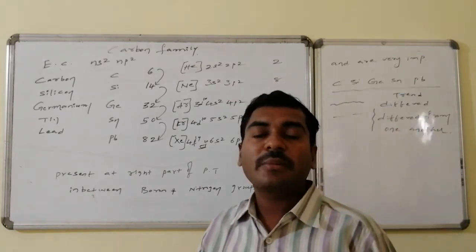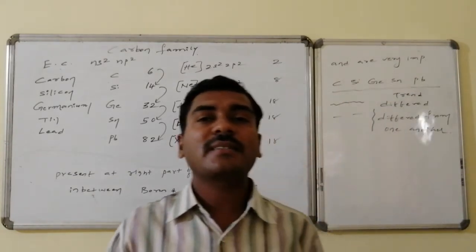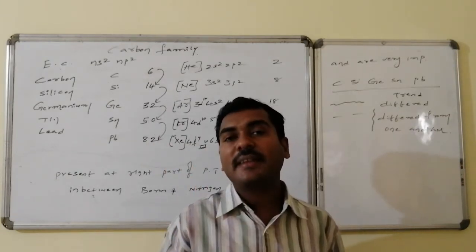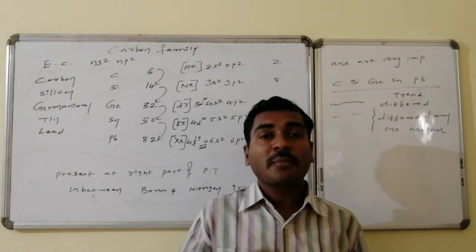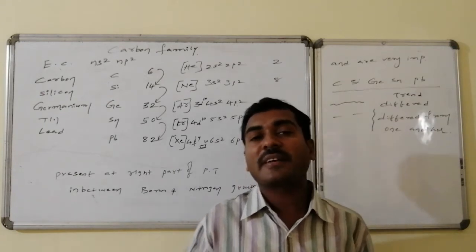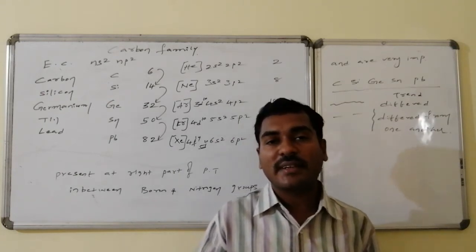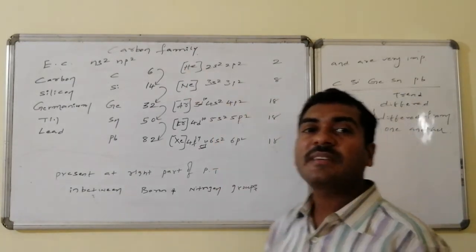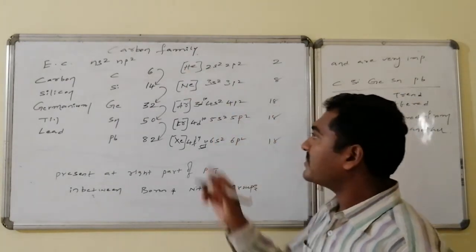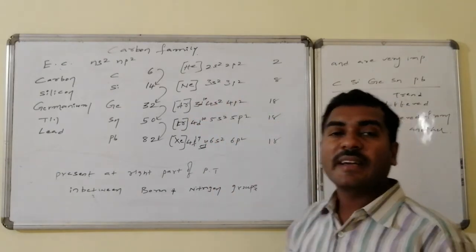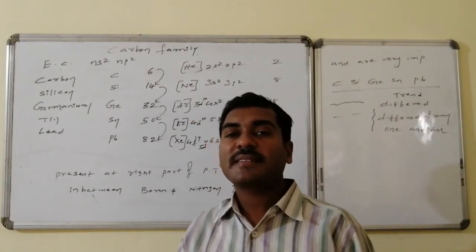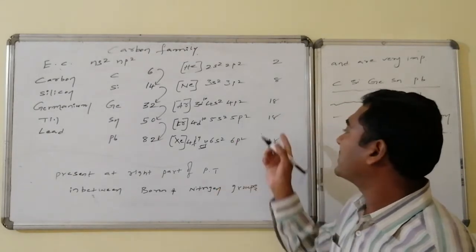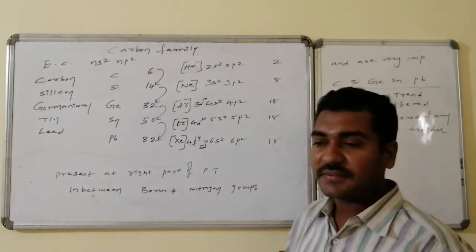The outermost orbit always consists of 4 electrons. Out of 4, 2 are present in the s orbital and 2 in the p orbital. But the number of electrons in the penultimate shell will be different. In carbon, the first orbit is the penultimate shell, having only 2 electrons. In silicon, the second orbit is the penultimate shell, with s plus p, 6 plus 2, 8 electrons, and in the remaining cases 18 electrons are present.